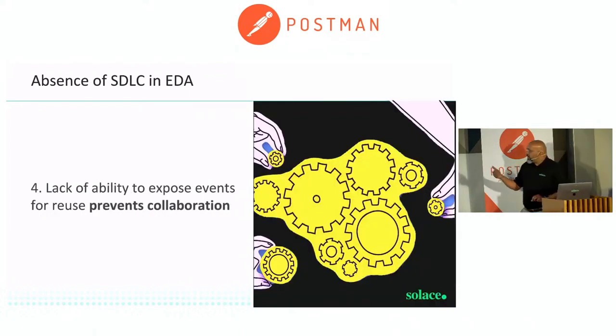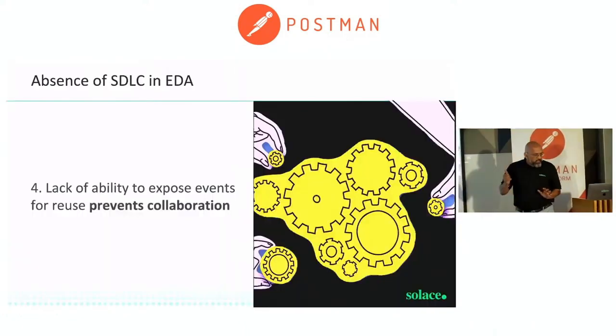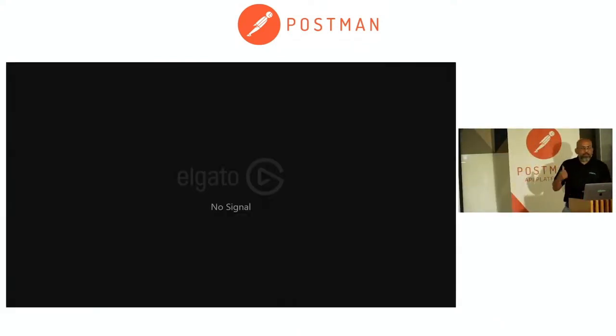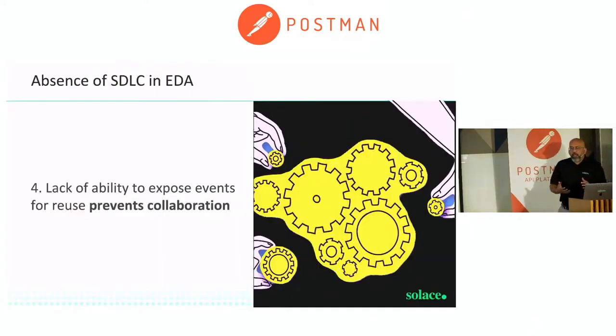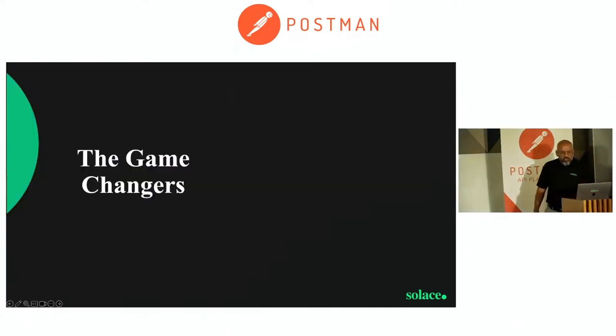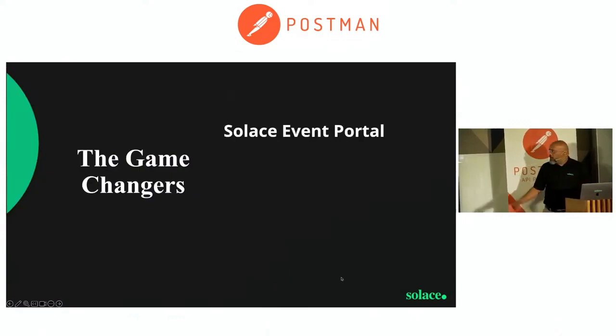And then, last but not least, the exposure of events is very critical for reuse and collaboration. So you've got to expose them in some place that's accessible. I mean, Hari, you also refer to it as a schema registry for the schema level, an event catalog for events, and the IBM guys, Dale Lane, has built this entire event catalog. But even before these things came into the picture, at Solace we wanted to solve this problem. At least 4 years back, we started this. Our answer to this was Solace Event Portal, in combination with AsyncAPI.